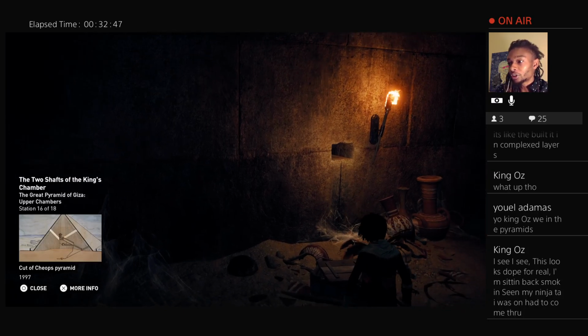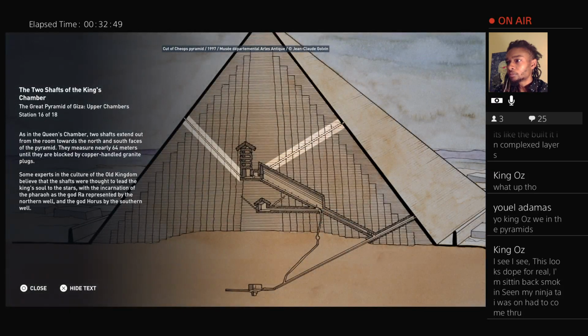2 shafts towards the north and south faces of the pyramid. They measure nearly 64 meters until they are blocked by copper-handled granite plugs. Some experts in the culture say the shafts were thought to lead the king's soul to the stars, with